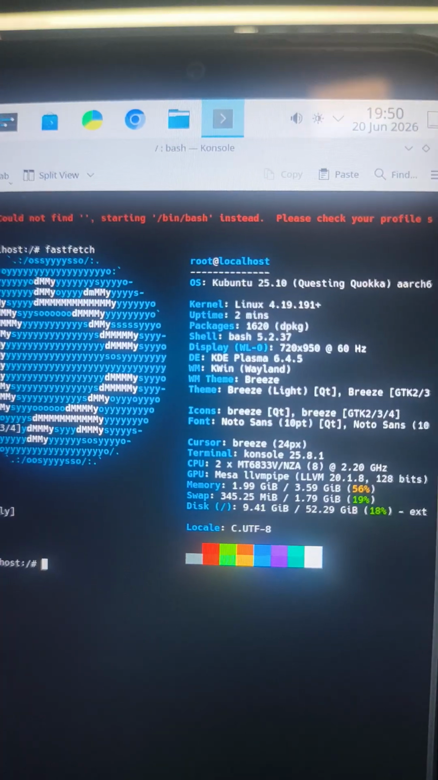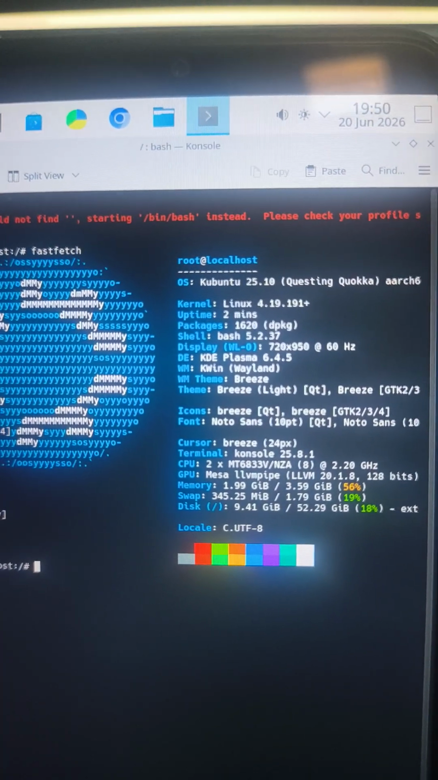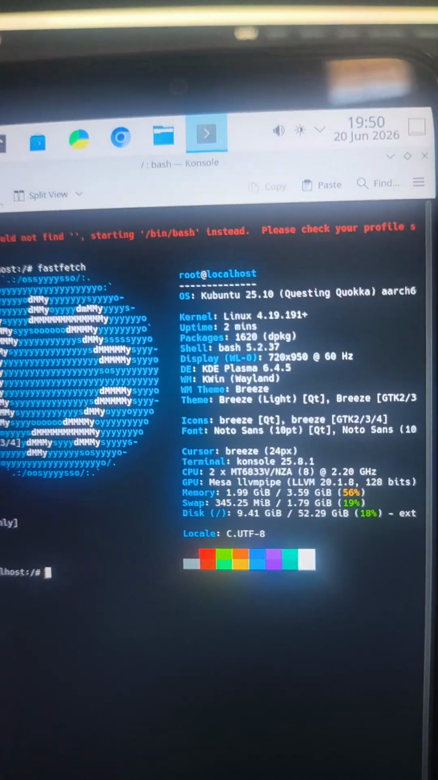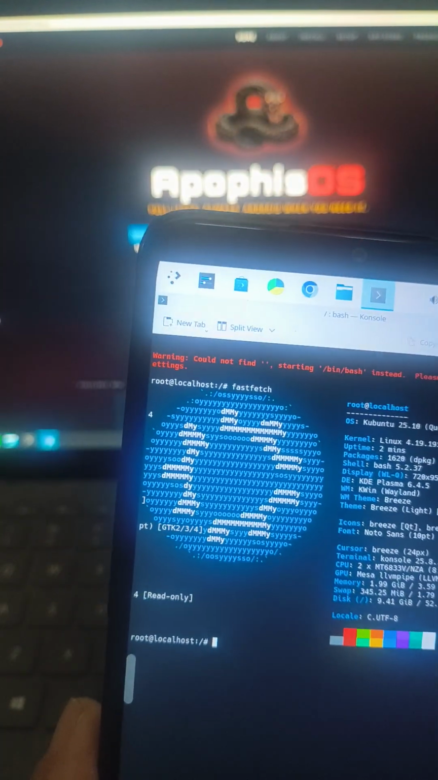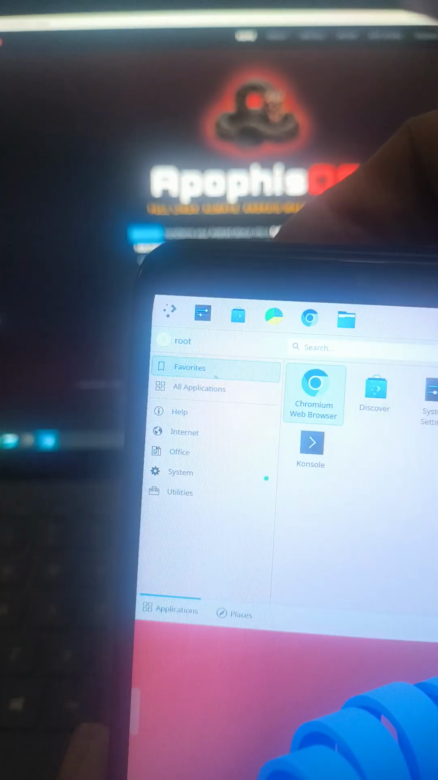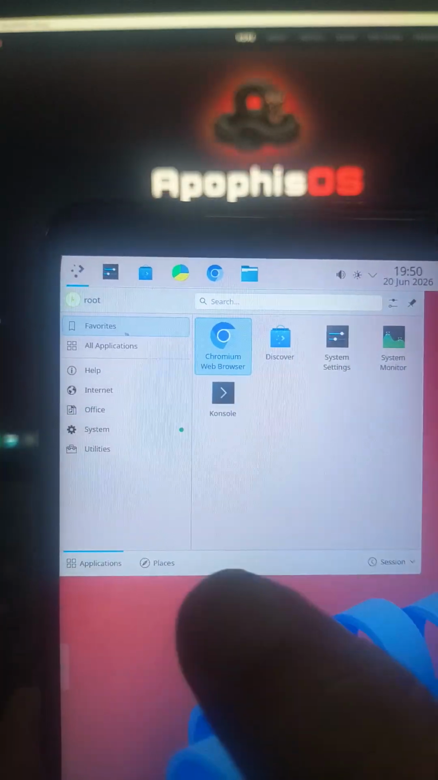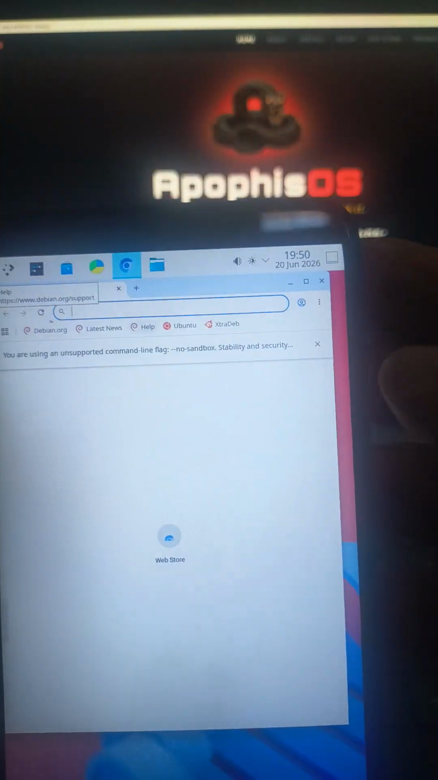It gives you all of the information, showing it running KDE Plasma 6 in a Wayland compositor. Touch optimized, to work on your phone. There you go. How do I get that on this phone? Well, that's what this video is